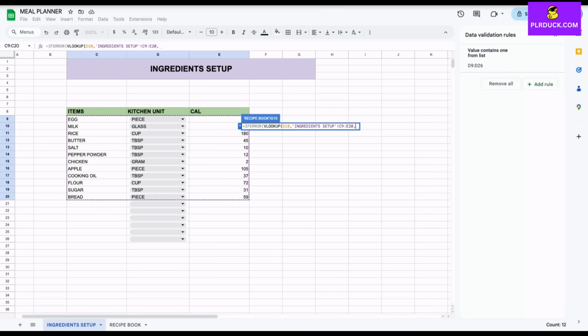So the calories is actually listed in the third column. So first is items, second is kitchen unit, and third is calories. So I'll give comma 3, and then I'll give false, since we need the exact value. So now I'll close the brackets, and then what I'm going to do is I'm going to multiply this by